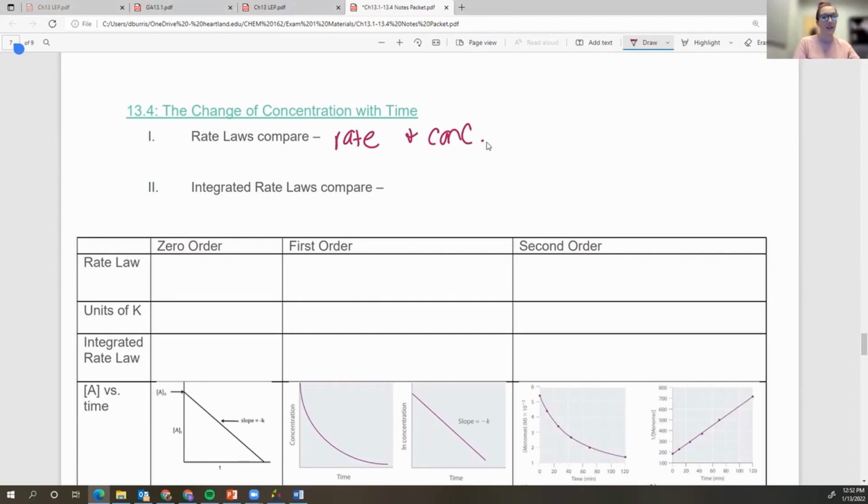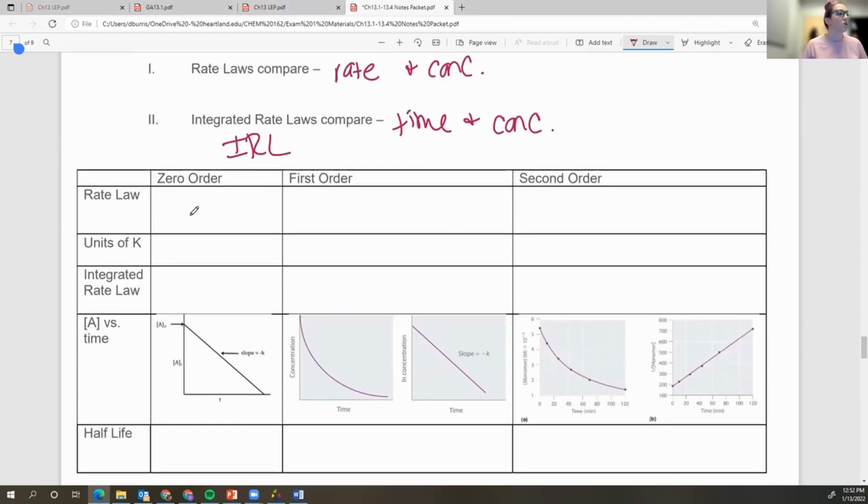So we could use some calculus and actually determine these rate laws, but I'm just going to tell you what they are instead. So if I want to compare time and concentration, I use the integrated rate law, and you will see me abbreviate it as IRL. Okay, these are equations you will be given, but you have to be able to use them and know when to use which one. All right, so a zero order rate law, so this is a regular rate law, would be rate equals K, right? A first order rate law would be rate equals K times some reactant A. And then a second order rate law is rate equals K times some reactant A squared, or A times B,